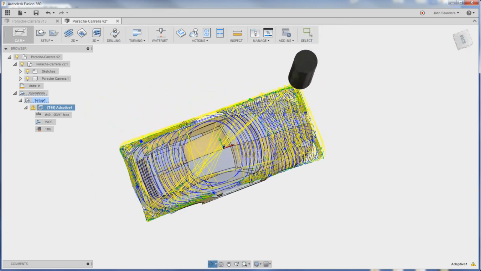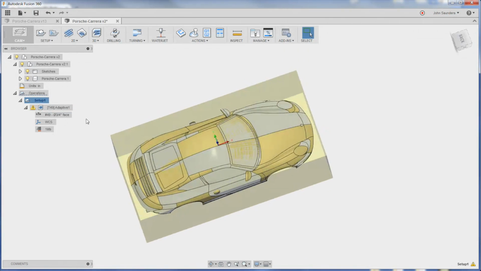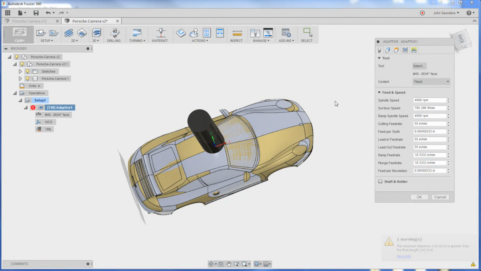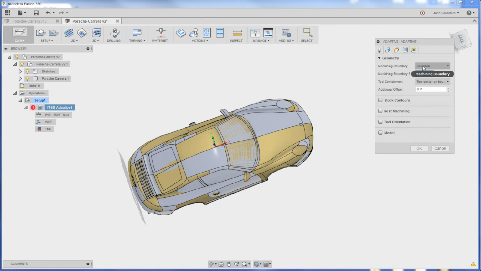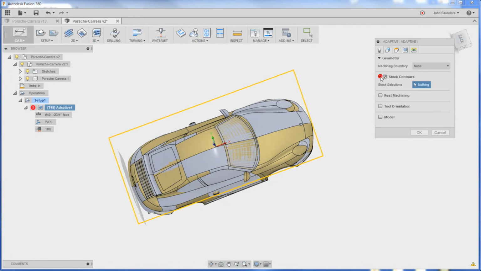One of the things I know it's doing is it's staying inside our stock. And this is something where it's hard for me to tell you why you should know this. You've just got to learn it. So under this geometry tab, I'm going to do 2 things. I'm going to say machining boundary is none, and I'm going to turn on the stock contours. You're going to see a big change in the toolpath now,